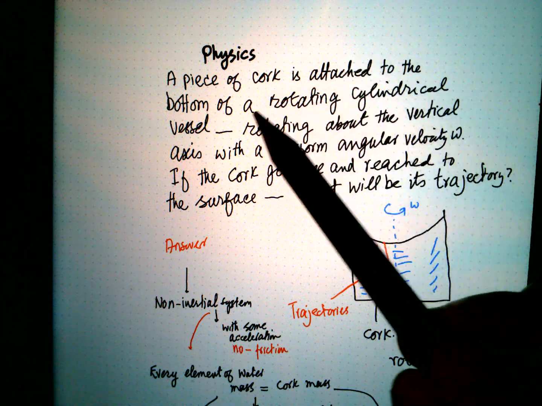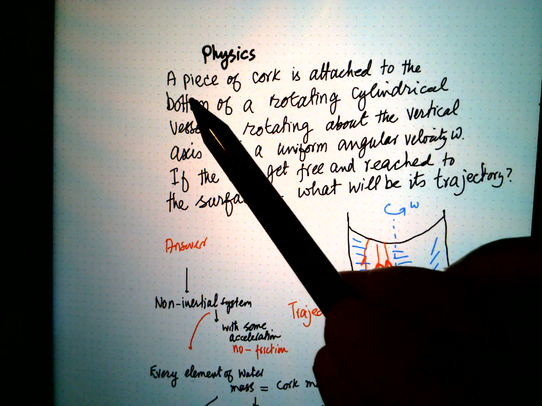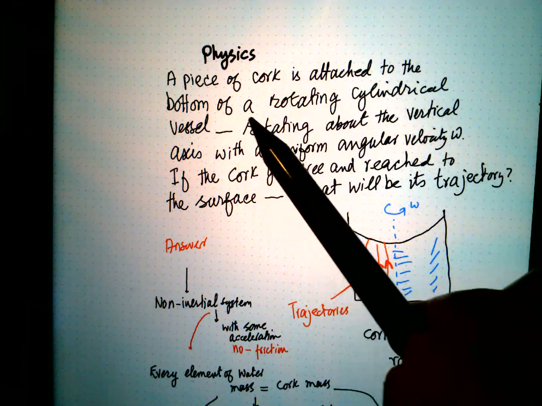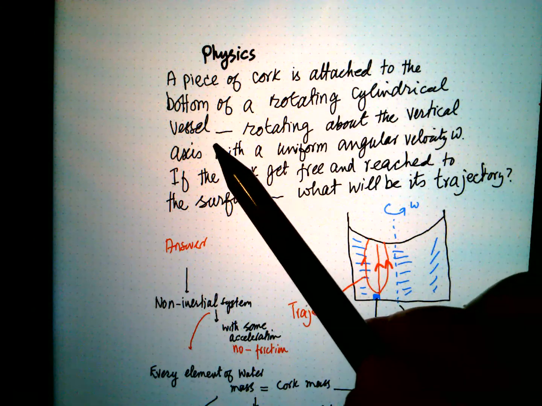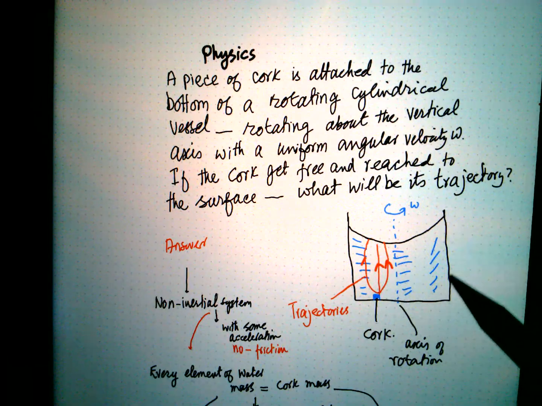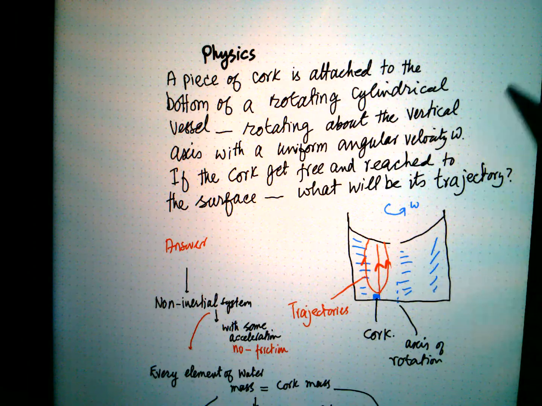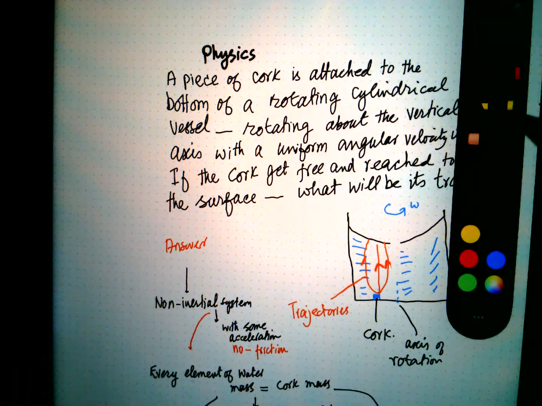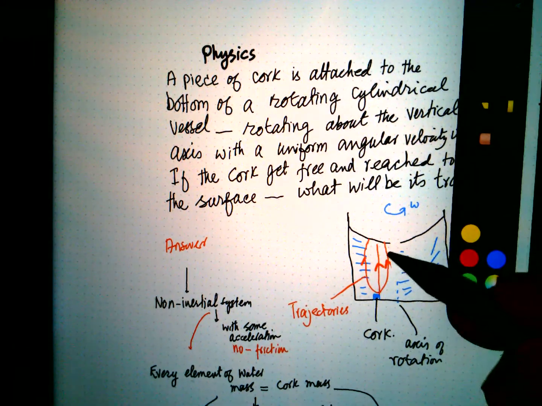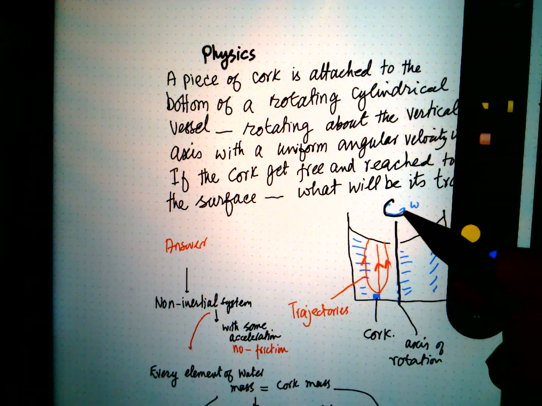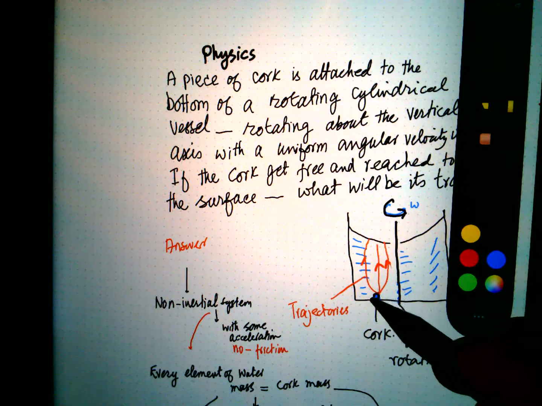Hello, physics. Question. A piece of cork is attached to the bottom of a rotating cylindrical vessel. So this is a rotating cylindrical vessel. This is the axis of rotation. This is the direction of rotation. This is a piece of cork